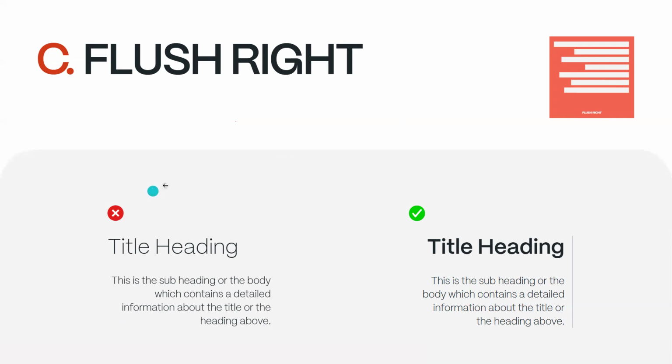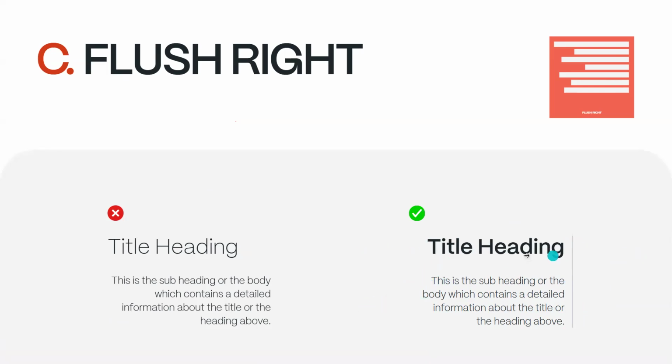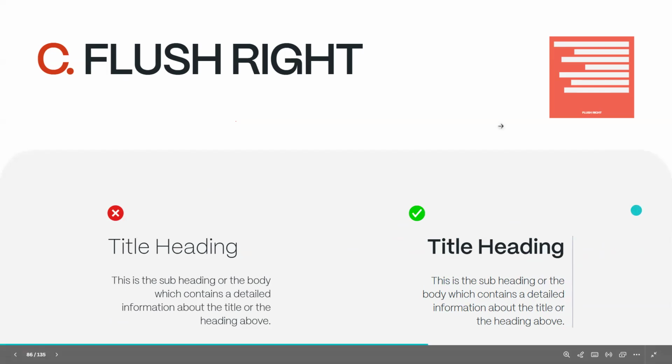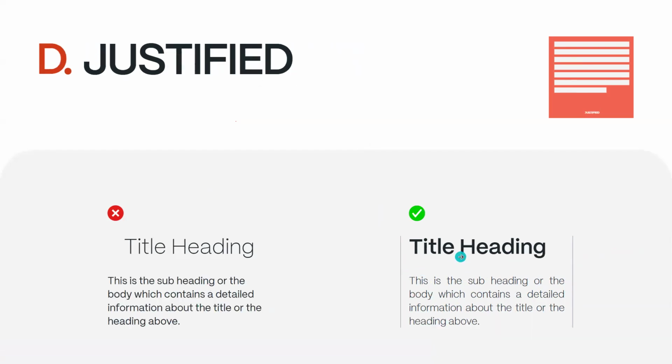Flush right means, if we create a line here, the whole title will fall on the right side of the line or the artboard. And justified means, if you look at magazines, the whole body will be spread between the margins, like a single block.